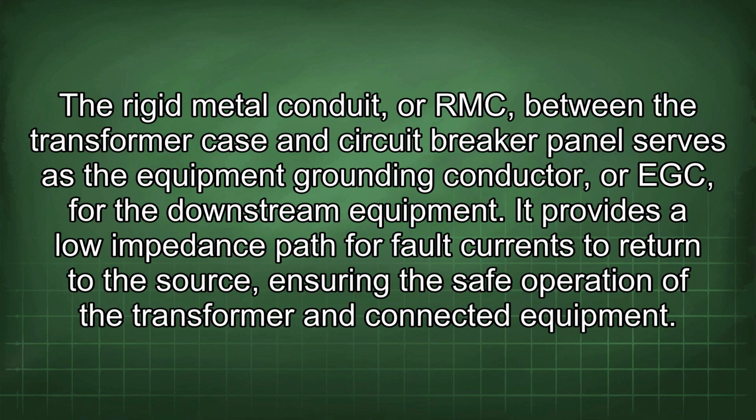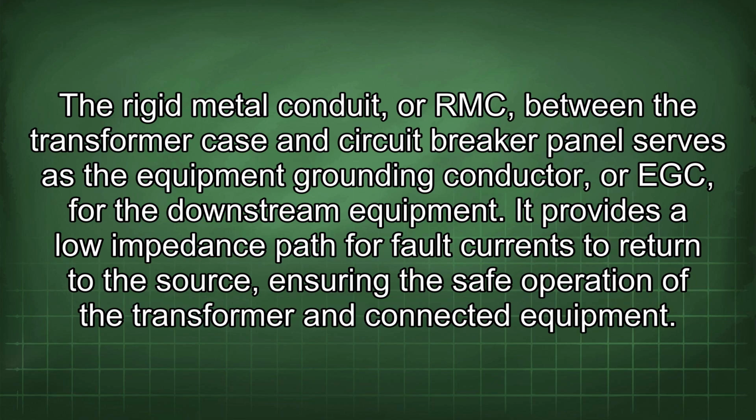The rigid metal conduit, or RMC, between the transformer case and circuit breaker panel serves as the equipment grounding conductor, or EGC, for the downstream equipment. It provides a low impedance path for fault currents to return to the source, ensuring the safe operation of the